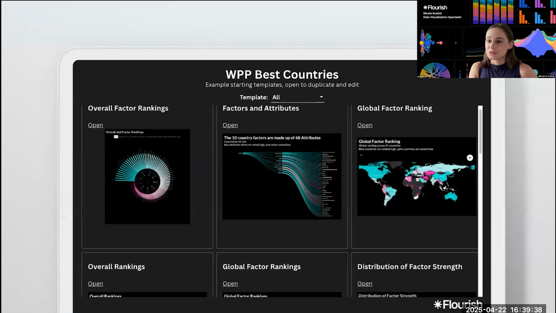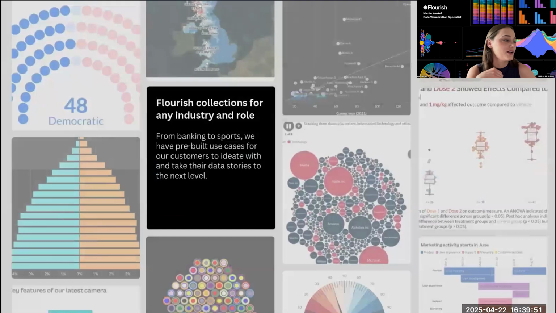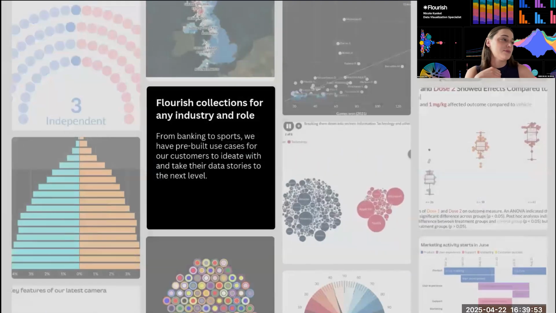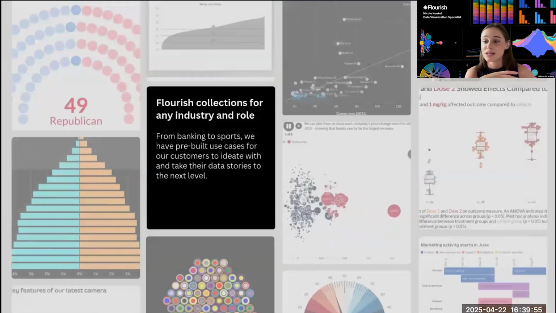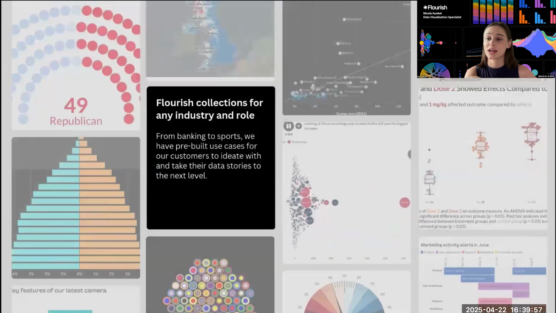These collections are really used by our customers for their inspiration to enhance where their Flourish skills are at. And we have some more collections as well that speak to different industries, different themes like climate change.